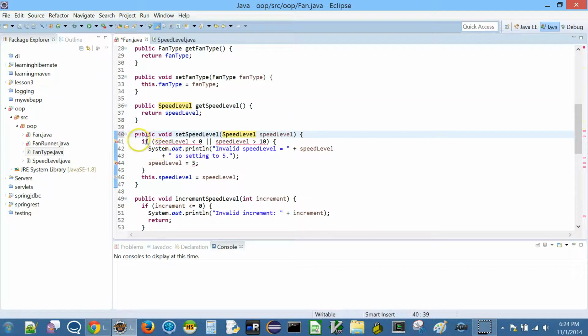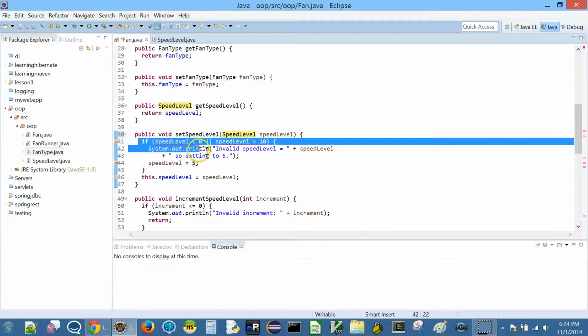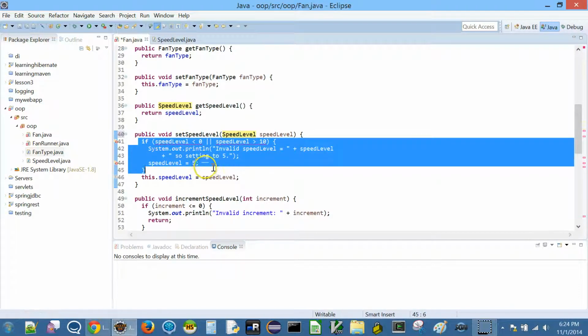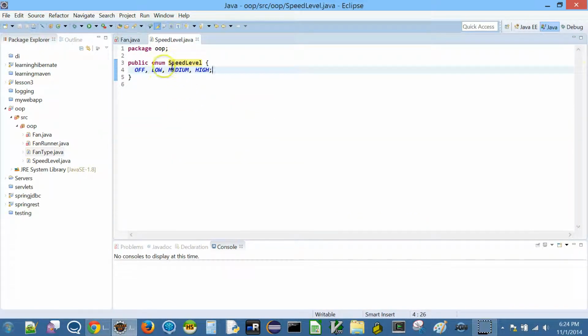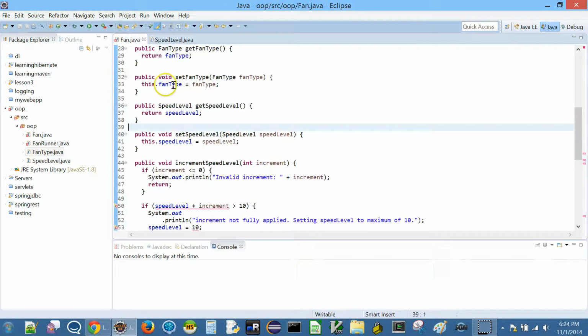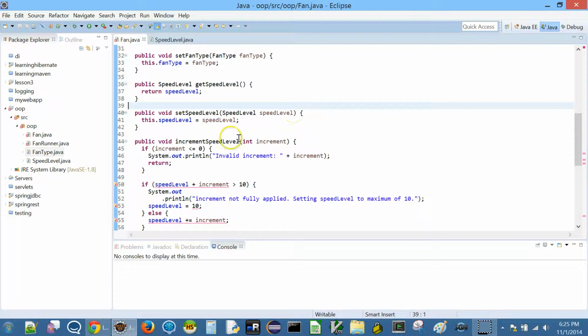But you see, now we don't need this at all. We don't need to do any consistency check. You can just get rid of this. Why? Because whoever is passing this can only pass these 4 values to the setter, right? So that way we have solved this issue.